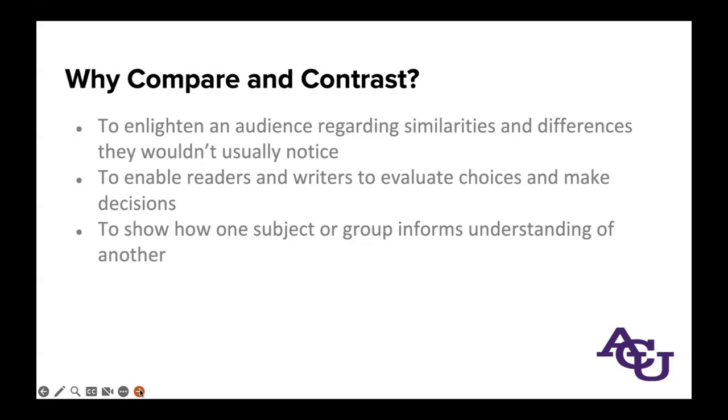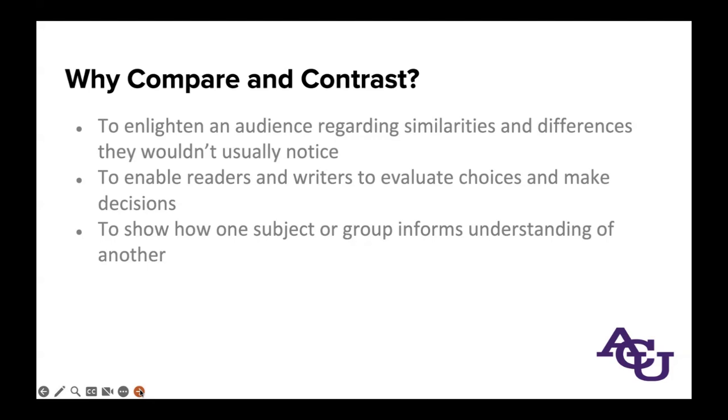So, what you come up with from your research is going to help your business make a wiser decision than just, I don't know, going with what's cheaper or what's more available, because you're giving them a report where you've done a comparison and a contrast, going through all the things that these two product suites offer, and you're giving them an option so that the business can make a most cost effective, economical decision. So, number two, decisions, compare and contrast to enable your audience, other readers, other writers to evaluate their choices and